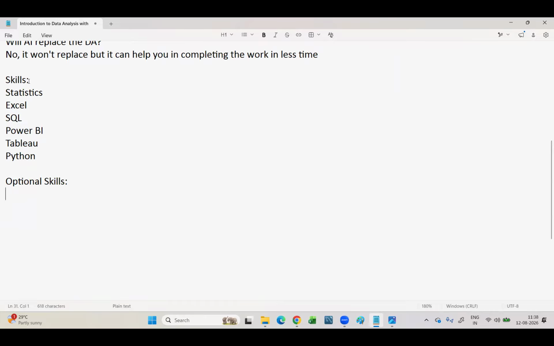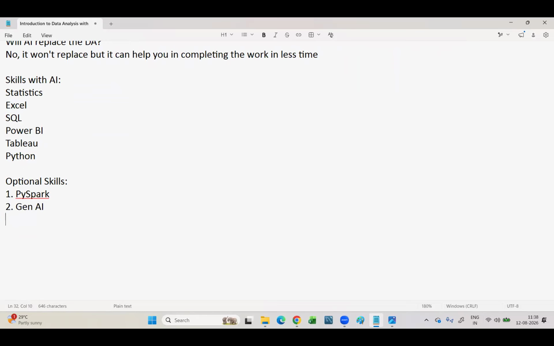Okay, one more thing here. What are the skills I mentioned here? This is already being covered with AI: how to use some AI tool to write a Python program, an SQL query, or do Excel work. How to do it with AI tools has already been covered in the course. Separately, we do have other courses like PySpark, which is related to data analysis.